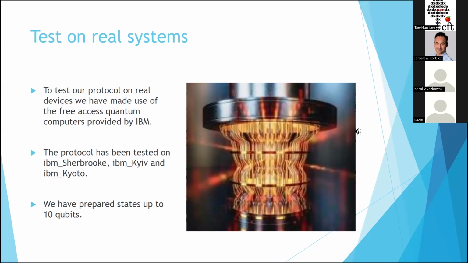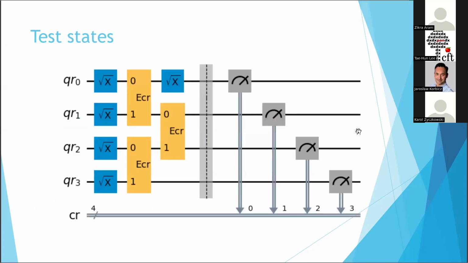We need to prepare the system, but we know that these quantum computers of IBM are NISQ, noisy, very sensitive to errors due to coherence time or other noise. So we tried to find the best candidate states to implement the protocol, and we have found this structure of states. These states are related to the graph state construction. We have made use of states prepared with a fixed depth, regardless of the number of qubits. These are three-layer states: a layer of only local operations to put the qubits in a superposition state, and